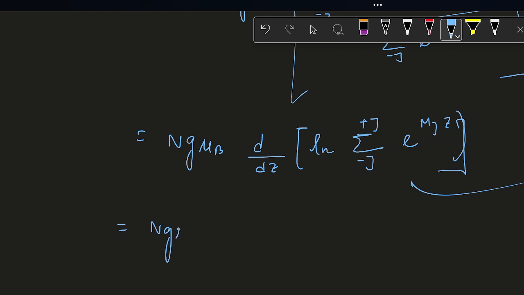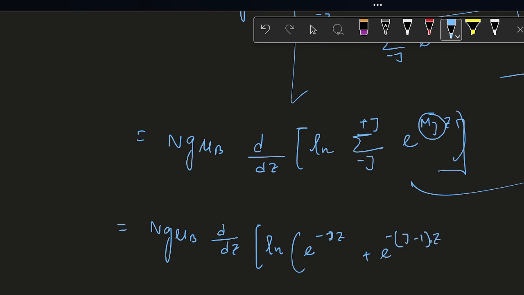N g mu B d/dz ln. Now this series, this summation, you expand it out. So for the first time it has minus j, so it is minus j into z. So basically this summation is over all the possible values of mj, so you have to replace mj with each value of the series. First it is minus j, then the second term is e to the power of minus j minus 1 z. Sorry, this has a plus,